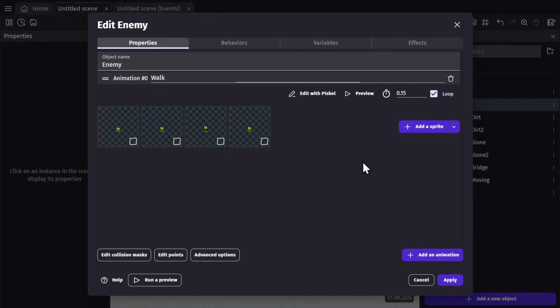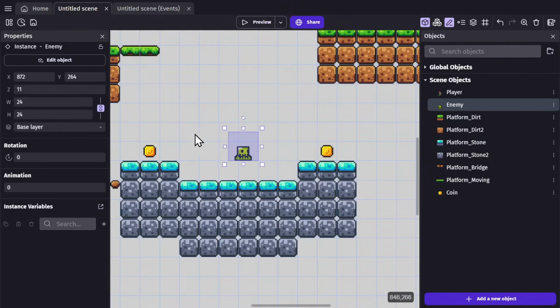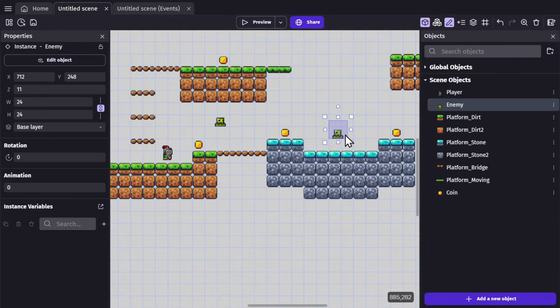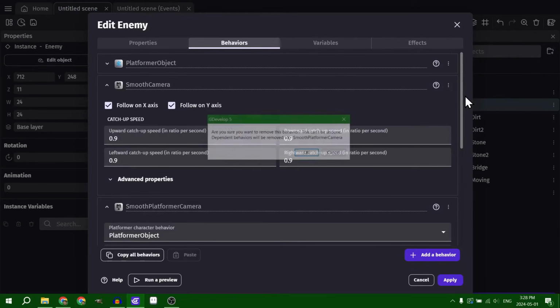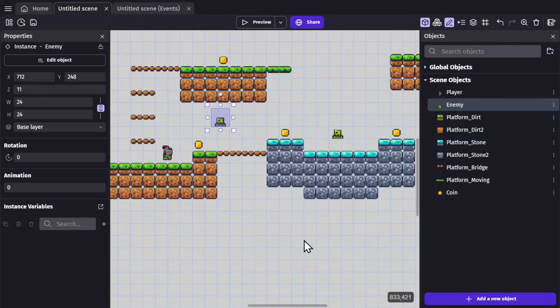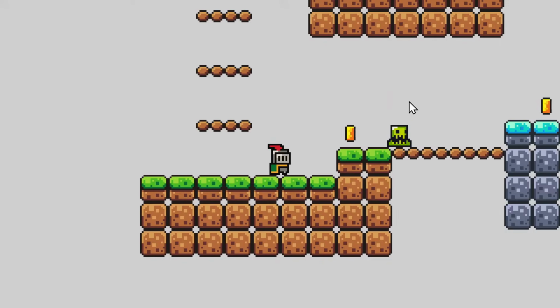So to prevent the player from being able to control this, we're going to go to the behavior and turn off default controls. So now the arrow key and space won't affect this object. And now I can put it into the scene. Before I preview the game though, I need to take away its smooth camera behavior because that will conflict with the player's smooth camera behavior. Now if I preview the game, you'll see that they fell down just like the player because they have the